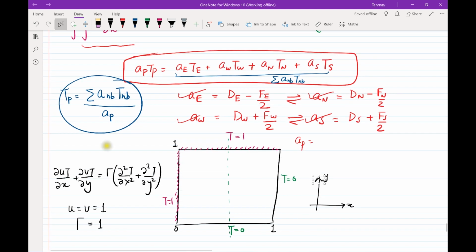When we discretize this particular equation, the discretization was of the form shown here in this red square, and we want to evaluate Tp as always. First, we calculate these coefficients, that is AE, AW, AN and AS, and after that we calculate Tp based on this particular form of the governing equation. First I'll show you how the central differencing scheme works for this case, and I'll also show you its limitations, and after that I'll jump into the upwind scheme, for which we haven't done the coding yet in this course.